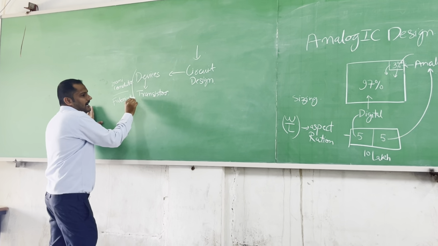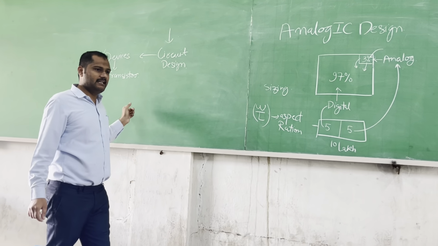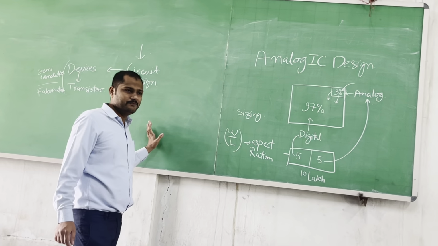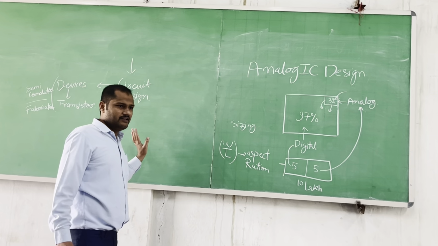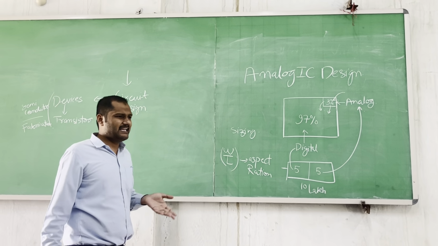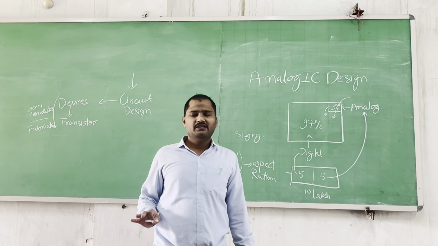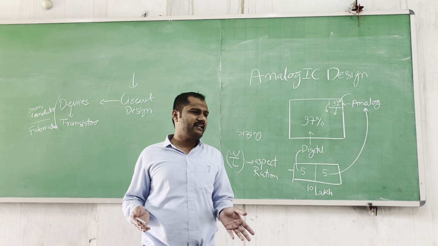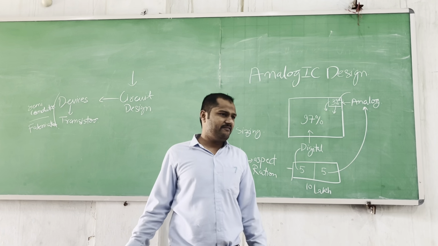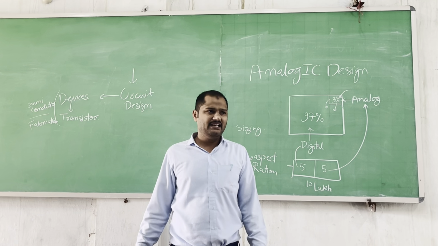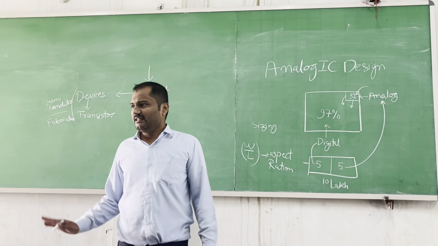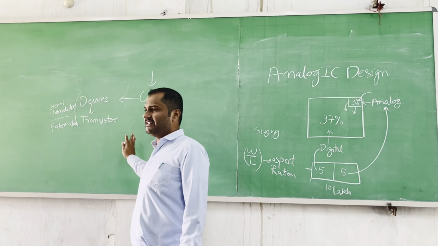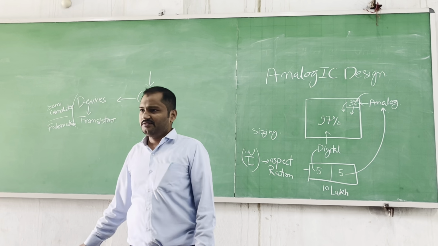Another prerequisite for this subject is network analysis. Network analysis, or network and transmission line, you have studied in the very basic parts of that. Very basic KVL, KCL only. And control system, that is also very basic. Closed loop feedback: what is the gain for closed loop feedback? Only basics we will need to revise. That network part and control we will revise when it comes, but device physics we revise now.